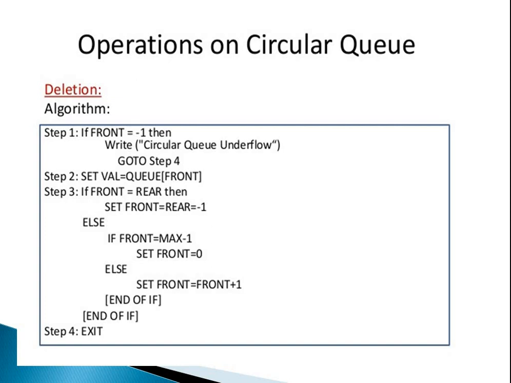Otherwise we'll set the position of the queue front, and then we will check the position of the front and rear both. So if front equals rear equals minus 1, otherwise we'll decrease the front position by minus 1 and then we can delete the element from the queue. Otherwise, in other cases you have to just set the front position by plus 1. So whenever you delete an element from the front of this queue, you have to set the position of the front by plus 1 and finally we'll exit from the queue.